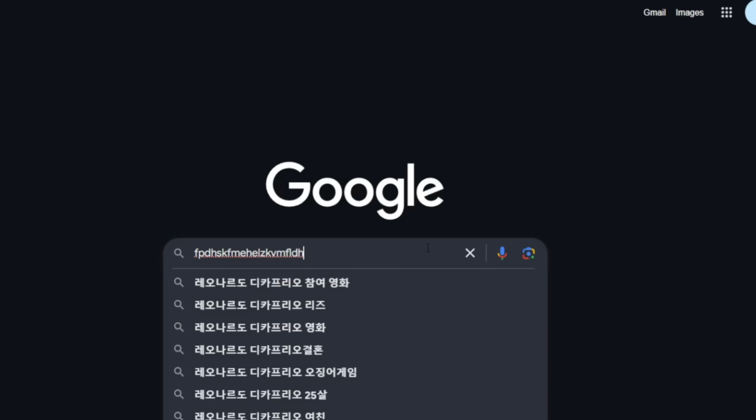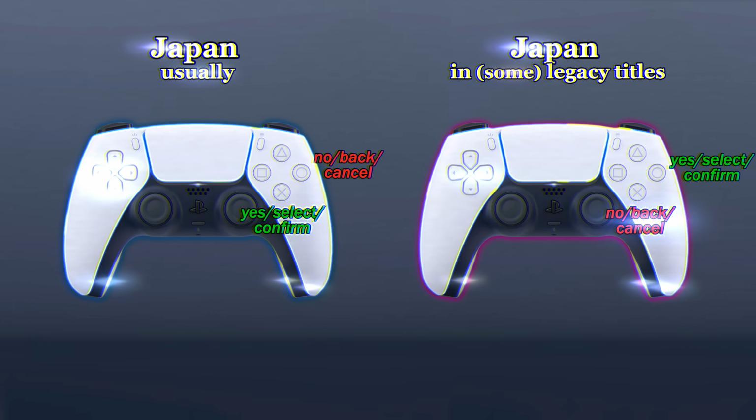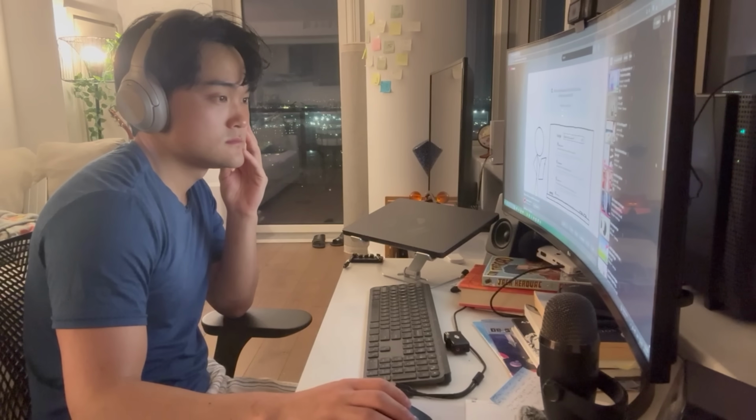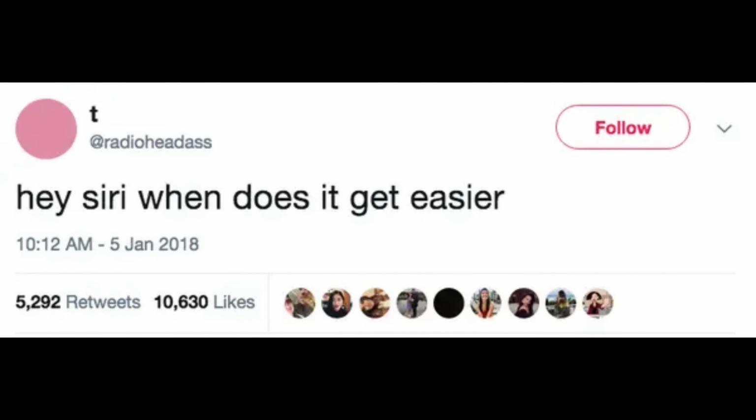So whether it's random letters throwing surprising results, emoji that show up uninvited, or buttons that suddenly say no when you meant yes, a lot of our digital experience revolves around invisible assumptions about language, about culture, about which key means what. Your computer is just guessing. It's doing its best to understand what you meant based on where it thinks you're coming from.